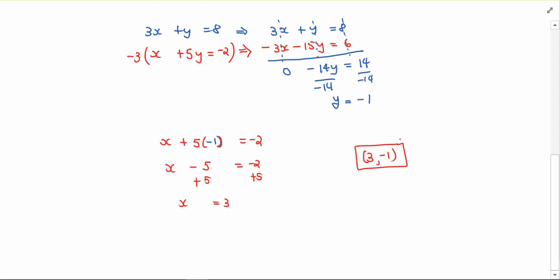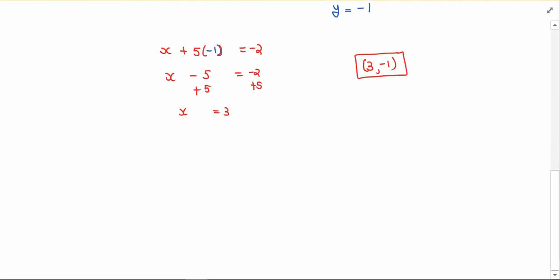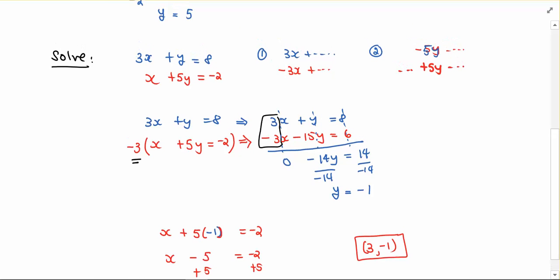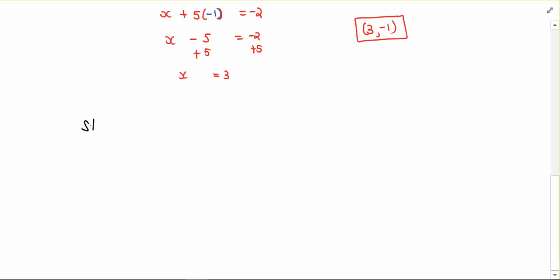Okay. So what did we do for this problem? We picked one of the letters and we made the coefficients, that's the technical term, coefficients match. Right? And how do we make the coefficients match? We made it match by multiplying through that whole equation in order to make it match. Now there are some conditions for this addition method to work. One of the things you notice is that the letters have to line up nicely in order for things to cancel, right? So if you're going to use the addition method, you want to make sure